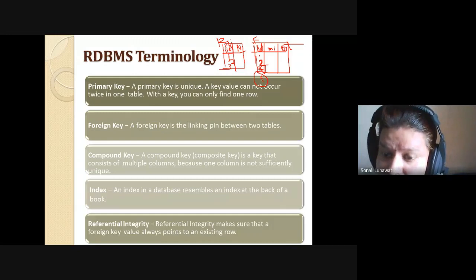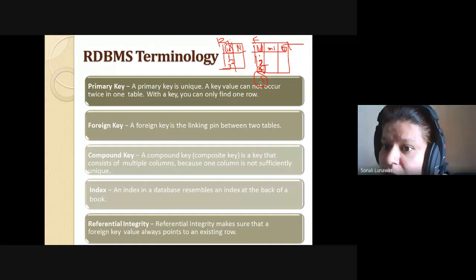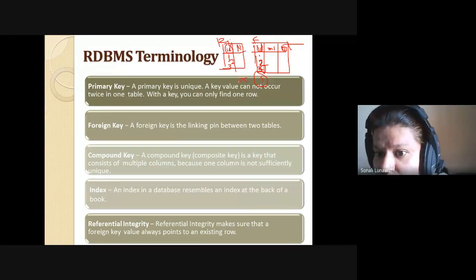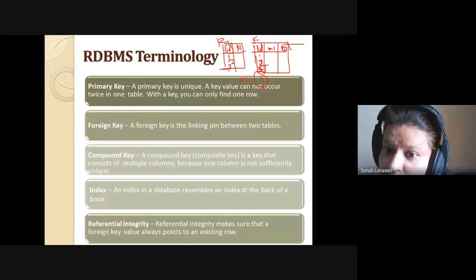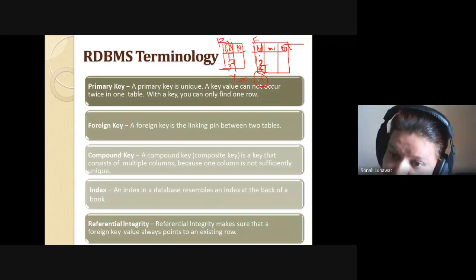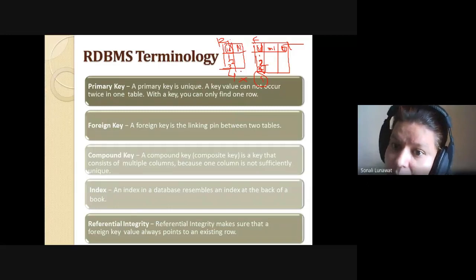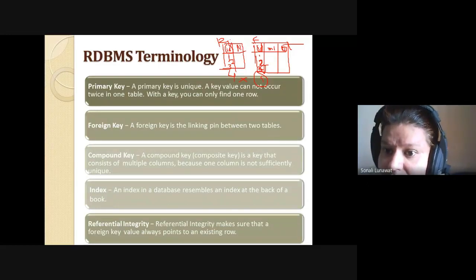Now 4 is added here, meaning 4 was not present in the primary, but still one is adding 4 in the foreign. This is not going to be allowed, and this is where the referential integrity rule breaks. So first 4 should be added here, and then only can one add 4 here. If 3 is not added in the foreign, it doesn't matter. If it is residing in the primary but not in the foreign, that is acceptable.